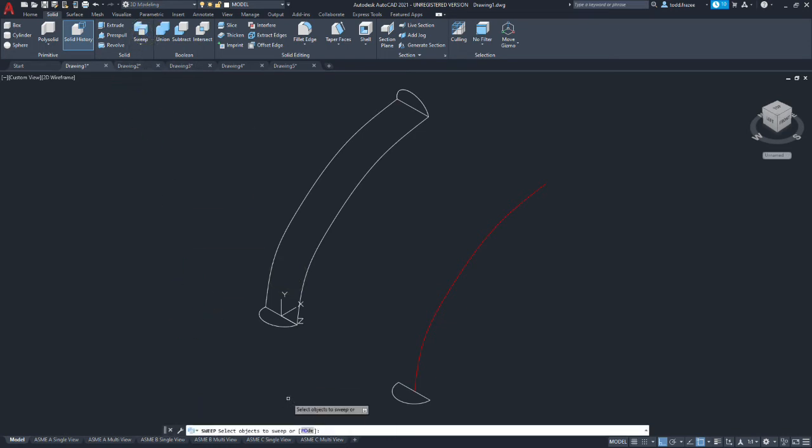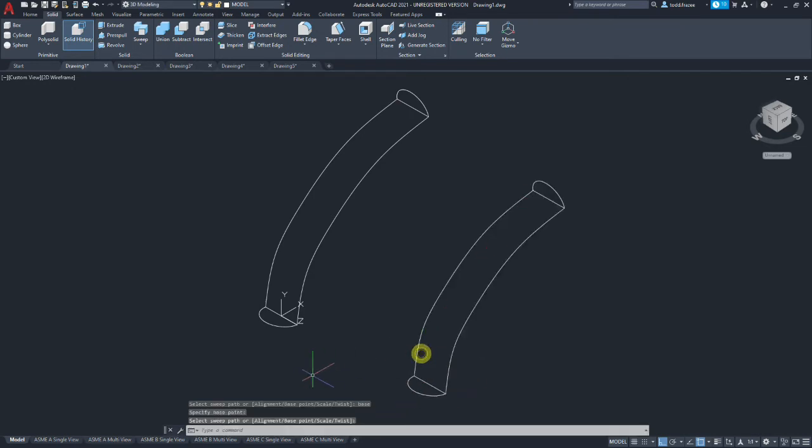Now let's do our one with the change setting. We pick our profile, we accept that profile, the base point command to change where the profile is going to follow this path. So I'm going to pick the midpoint of the arc. And then we're going to select our path. And as you see, it shifted over quite a bit, and because the path was referencing here, our radius that we follow, or the path we follow, is actually a smaller part.